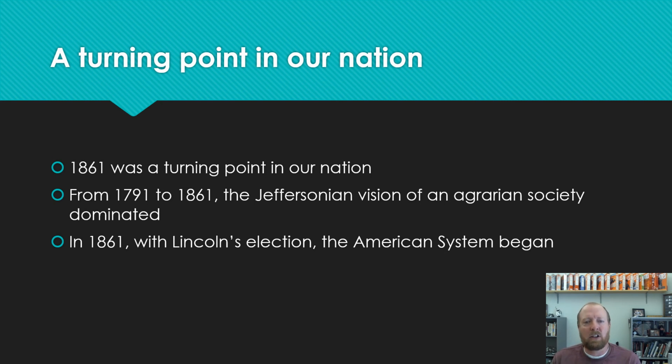The federal government's role is to create a system, create an environment where businesses can thrive. Not to run those businesses like you would find in communism, but to create those environments so businesses can thrive. The railroad system is a great example of this, that the government gives land to the railroad companies for them to be able to build the railroads and to build that infrastructure throughout our nation. And so that's a big turning point we get with Lincoln's presidency, and the death of Lincoln and the Republican Party is this turning point in our